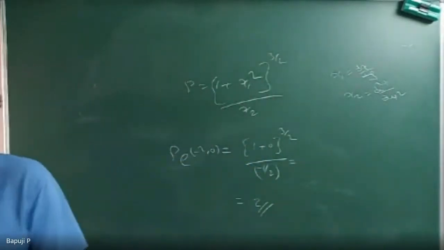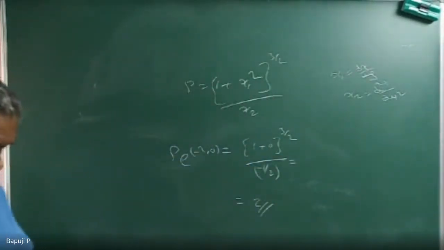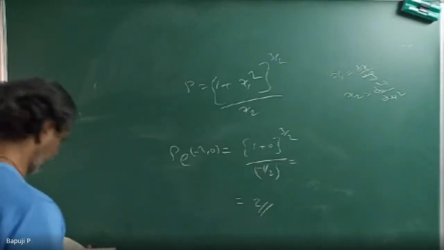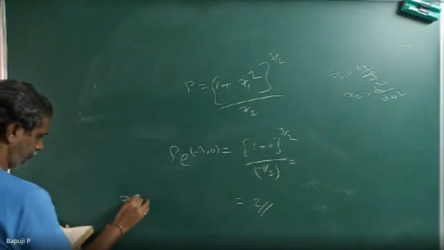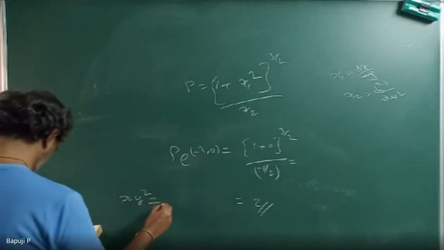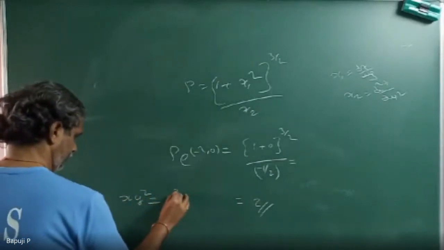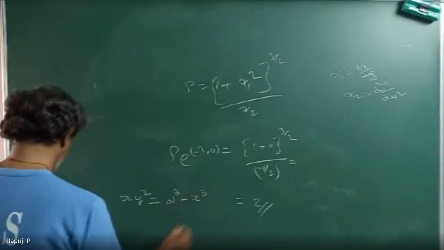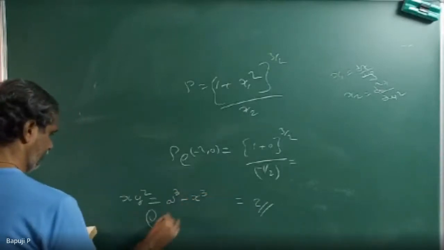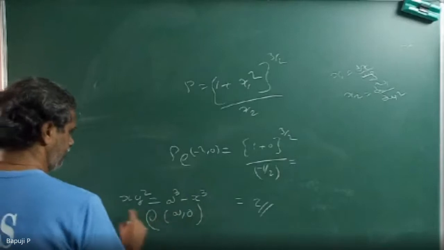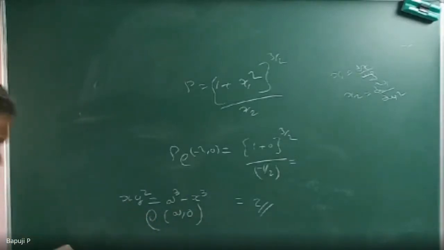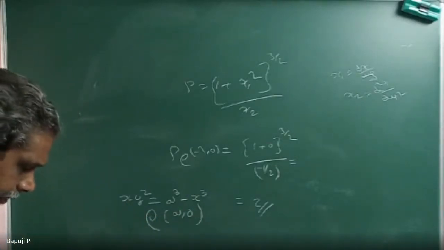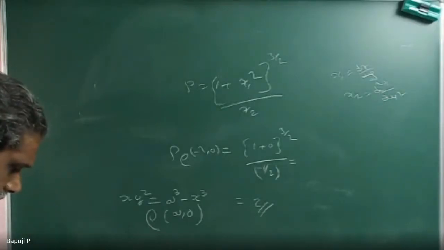Then do some problems like this. You have the notes, with these notes I have not sent you, no. This chapter I have sent you, no. This you can probably try: x y square is equal to a cube minus x cube. If you want, I will tell you the answer, 3a by 2.